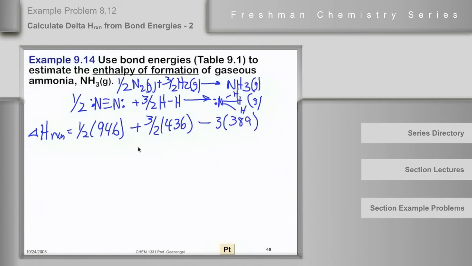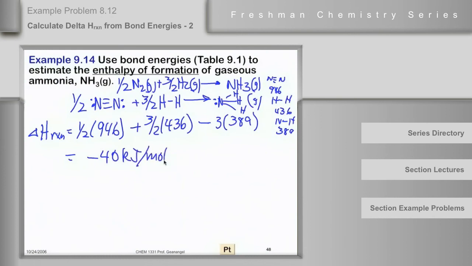Okay. Everybody understand the numbers that I've just put down in this equation, where they came from and why? So N triple bond N is 946, and H single bond H is 436, and N single bond H is 389 from the table. Okay, if I do the arithmetic, I get minus 40 kilojoules per mole